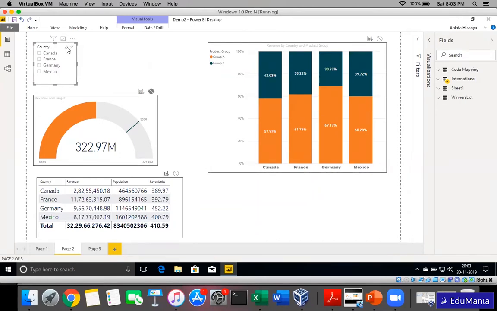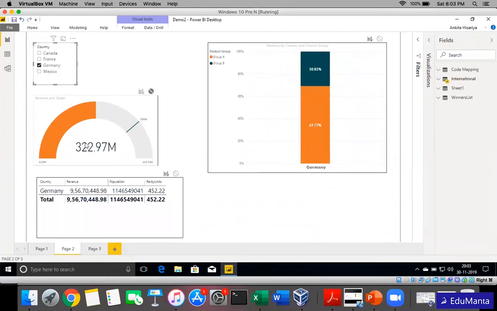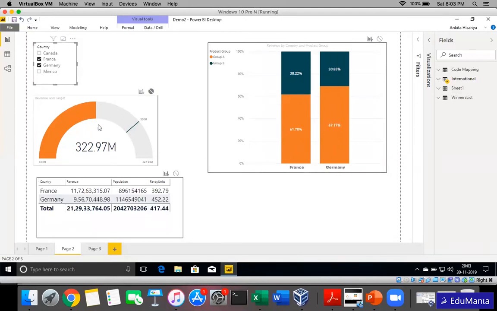Now this particular visual will have no effect on this gauge chart. To test, suppose I select Germany, the value remains the same. I change it to France and Germany, and the value still remains the same. So now there is no interaction between these two. If I want to go back to filter, I just click on the filter icon. Now it will start filtering.